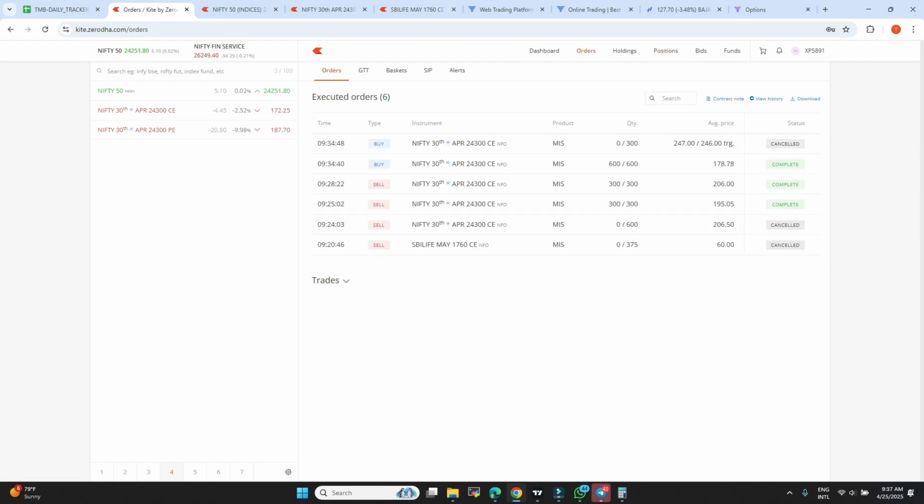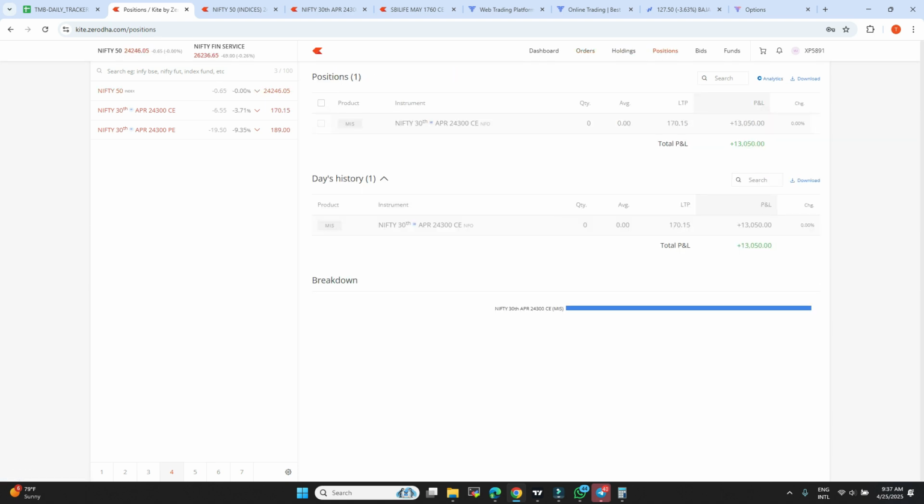Initially my plan was 206. I wanted to keep it for 206. It's not triggered, so I divided into half. Half I entered at 135. In case it is not coming to 206, it will go continuously and I may get some profit. If it comes to 206, I wanted to average it. This is where I did the averaging of another 300 and captured. My average price is 200, exit 178. That means 22 points I captured. That is good. Good for the day.